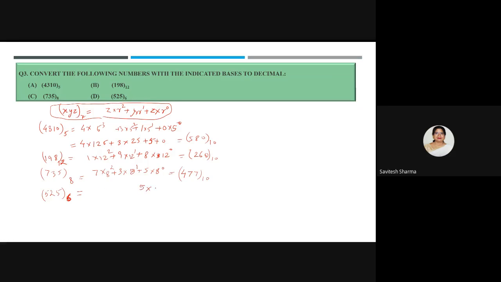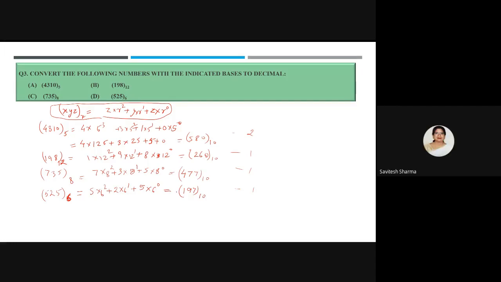So here this part is base 6. So I will write the expansion for base 6. Tell me the answer. Anyone? 197. Okay, correct. So everyone note down the answer. If it is the same, give yourself marks. For the first part you give 2 marks and for the rest you give 1. Ma'am, 197, ma'am. Correct. Very good.